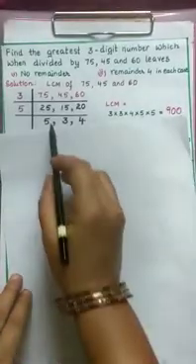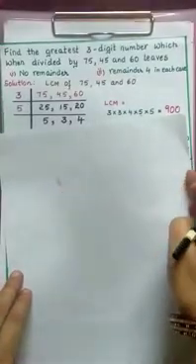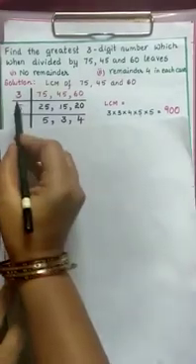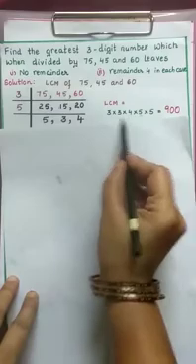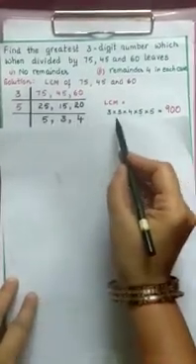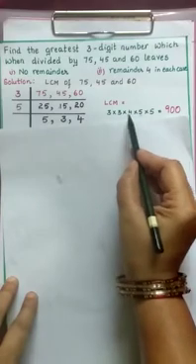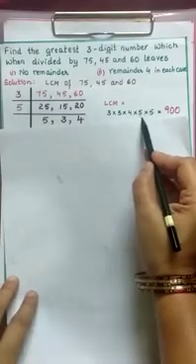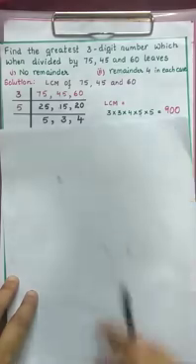Now here 5, 3, 4. Is there any common factor? There is no common factor. So we'll multiply here. 2 3s, 1 4 and 2 5s. Multiply here. 3 3s are 9, 9 4s are 36, 36 5s are 180, 180 5s are 900.